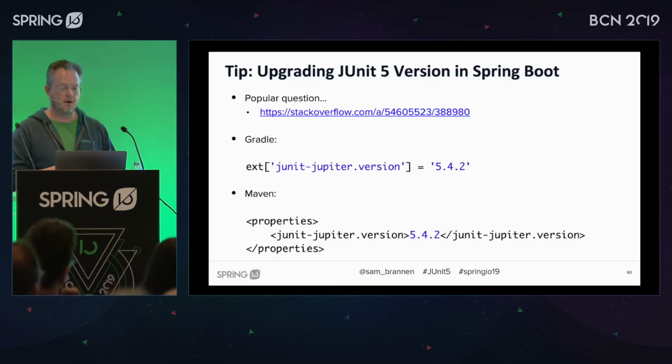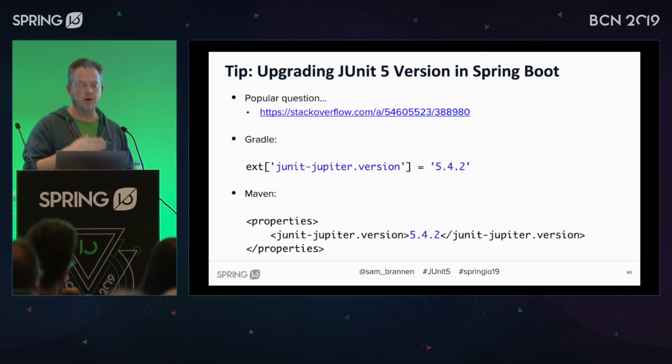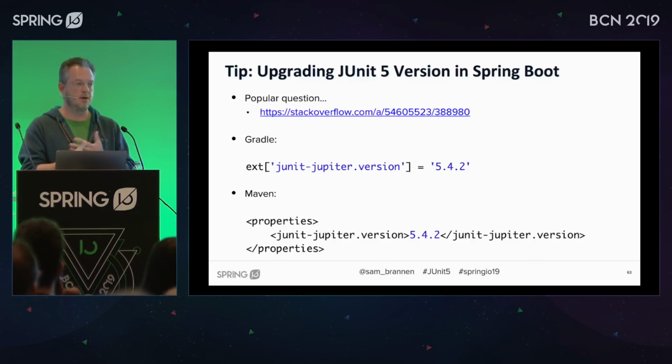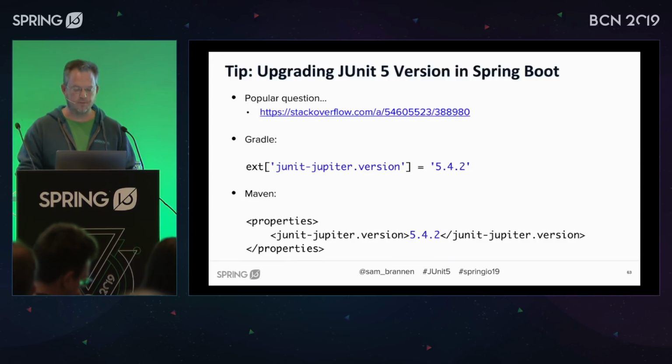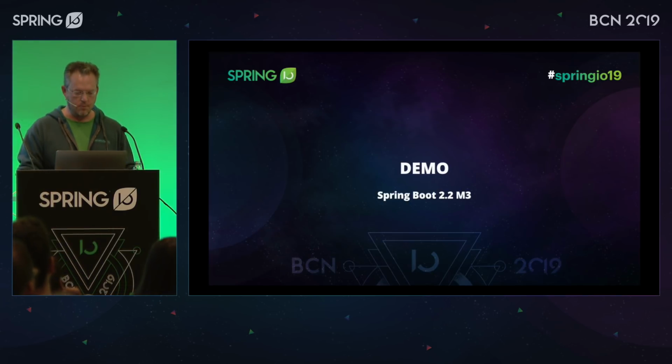Now, the recently released, two days ago, Spring Boot 2.2 Milestone 3 already has the version set to that because that's the latest version of JUnit Jupiter. But it could be that JUnit Jupiter 5.5 comes out after the Spring Boot final GA release, so you might still want to know how to upgrade then, or at any point in the future. So as an example,